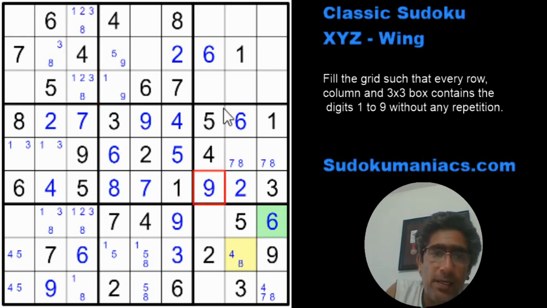9, 9. So 9 is locked up in this central column 8. So let's just put 9 here. So the 9 is locked here. So 9 has to be a part of this. 9 cannot be here because I require a 9 in row 2, right? 9 is not here, so it has to be here.